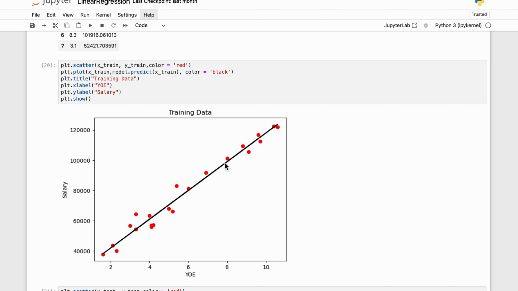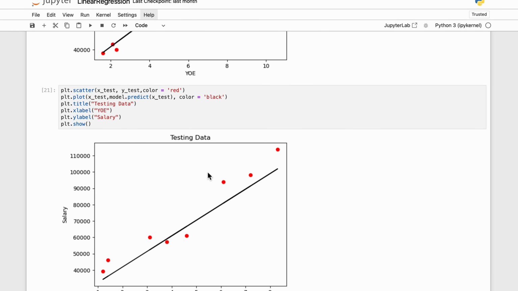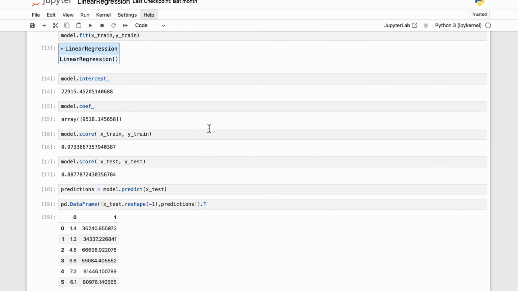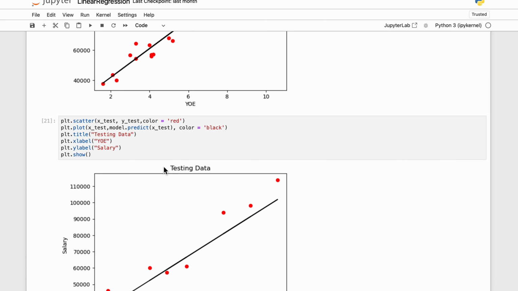And why is it doing good? Because it is training data. Obviously, for this, it will do good. So let's see this graph on the testing data. If you observe, on testing data our graph is looking like this. So we can say it is good only, not that bad, right? If these points were a little farther, then our R2 score might be even worse. But to some extent, this is good only. Okay, so this is about this particular